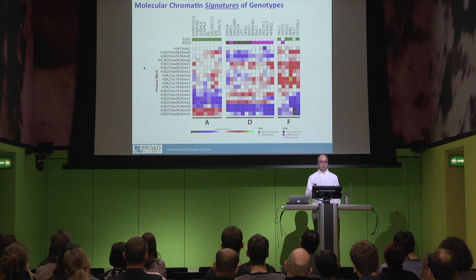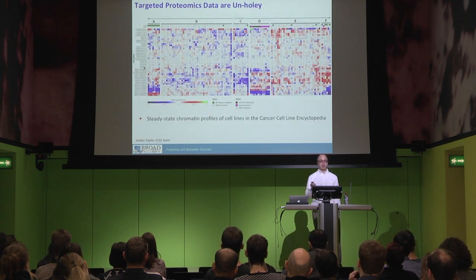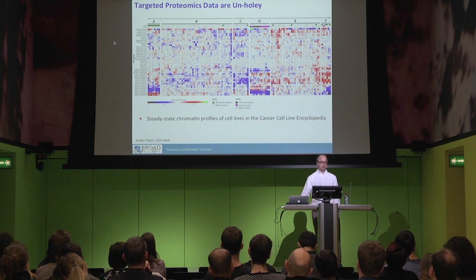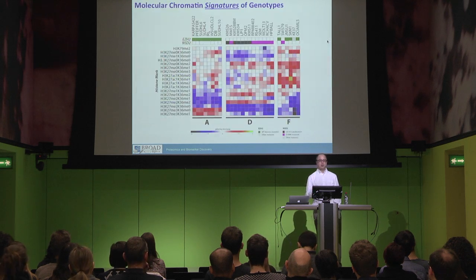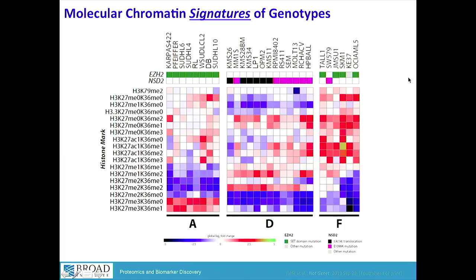So this map is just a subset of the map on the prior slide, where I'm showing you a blow-up of the data from clusters A, D, and F. And here you can see even more clearly that among these groups of samples, there's a repeated pattern in the